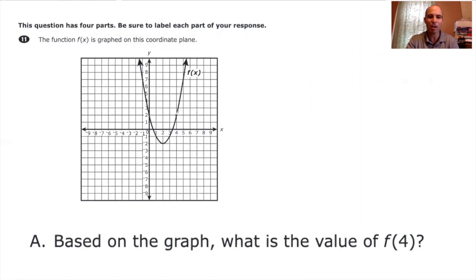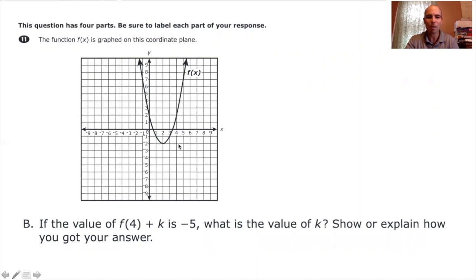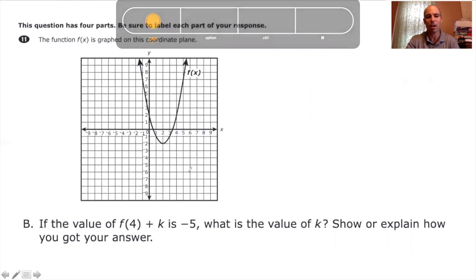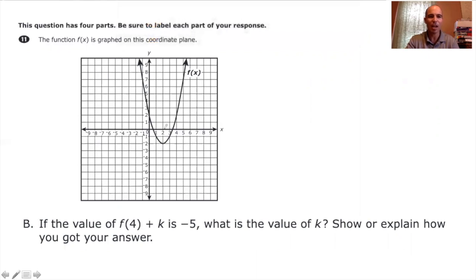Oh, here we go. I don't know. Looks like it's 2. Okay, this one's a little trickier because it says f of 4. So first of all, you got to figure out, what is f of 4 in the first place? F of 4, oh yeah, we figured out it was 2. So 2 plus k is -5,